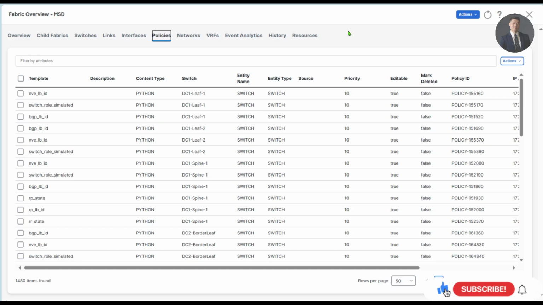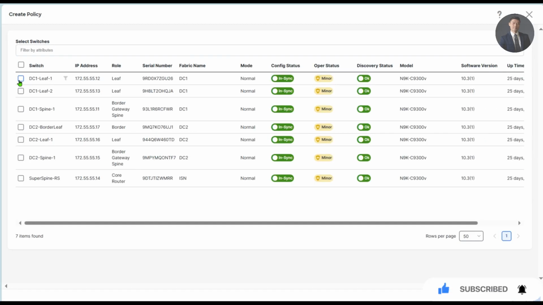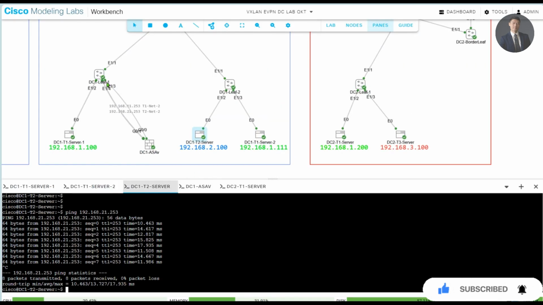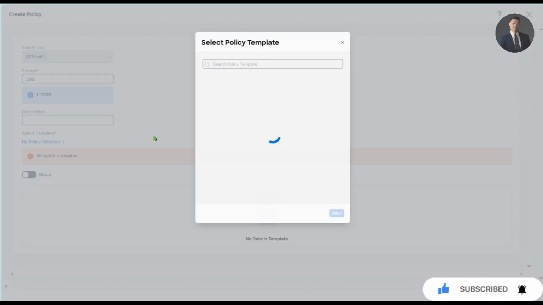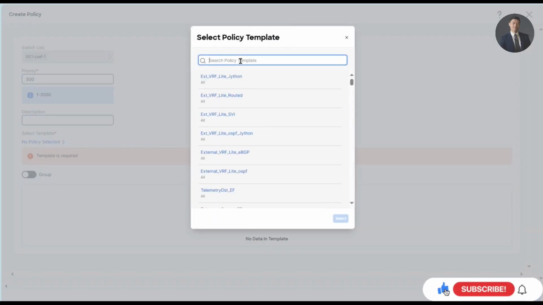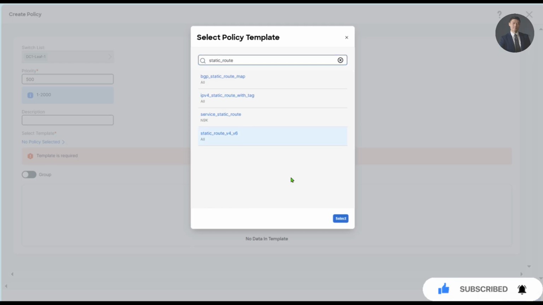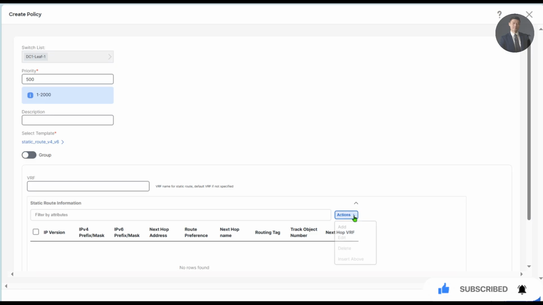So what I'll do is create and add a policy. We'll add it to only my DC1 leaf 1. So click next. This is important: select the policy template. We'll make a static route, IPv4 and v6. First, we'll give a description so it's easy to remember. We'll say tenant 1 is for ASA virtual, going to my tenant via